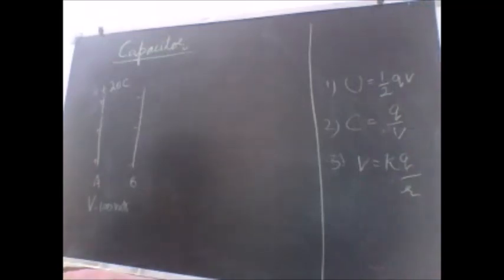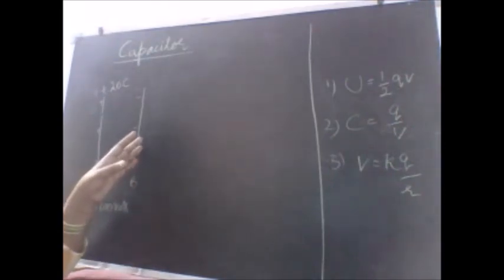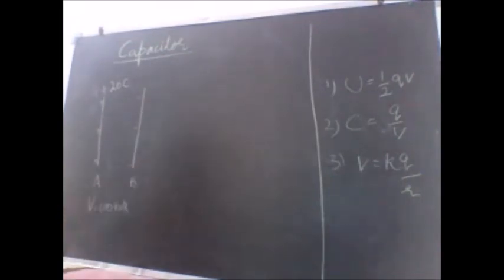I did not say that the positive charge will go to the ground. Positive charge can never move. Why? Because it is heavier in comparison to the electron. It is easy for the electron to move from the ground to the right hand side and neutralize the positive charge. Anyway, now there is no charge over here, so I am left with only the negative charge.